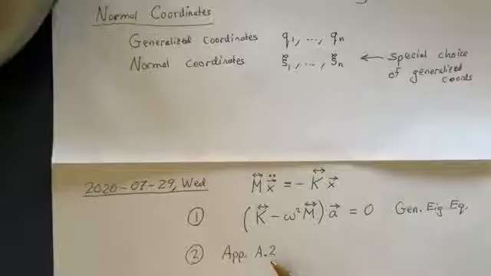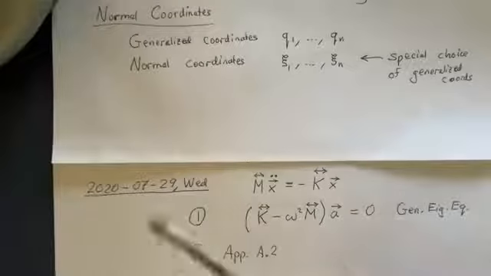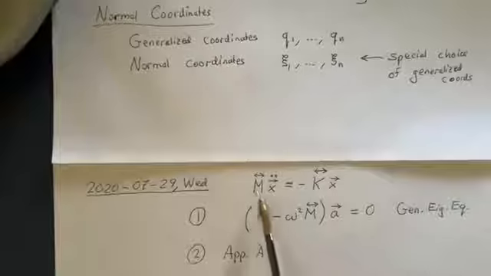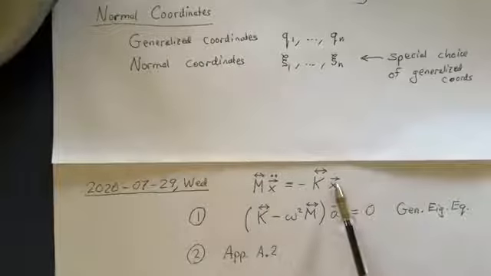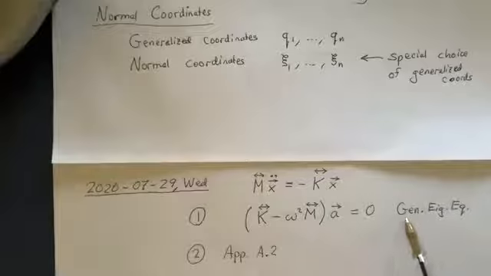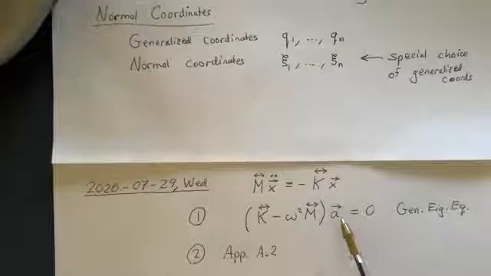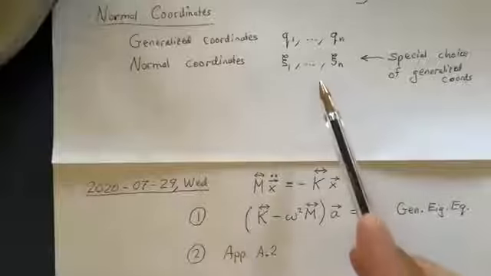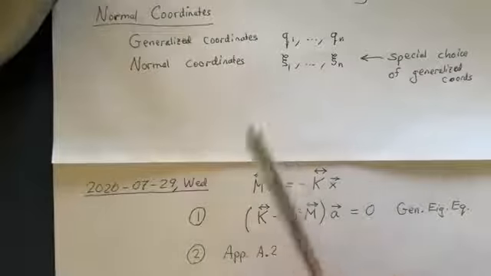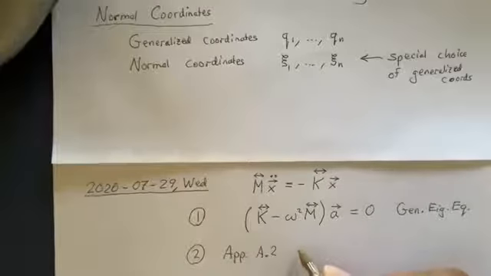The point again, we'd like to make some closing remarks here on this topic of normal coordinates. You can solve this equation. That's our task. We want to solve for the motion. You can solve this by using this framework, the generalized eigenvalue equation. This is the method that is favored in chapter 11. Alternatively, you can use this interesting material in Appendix A2. And when you simultaneously diagonalize, okay, then you've essentially defined these normal coordinates. So simultaneous diagonalization